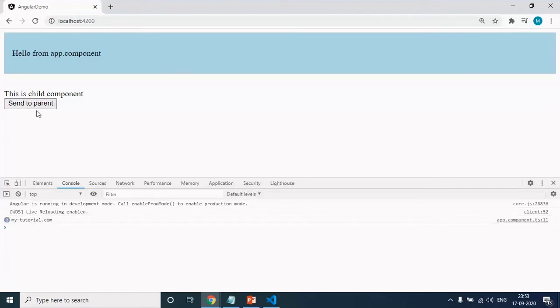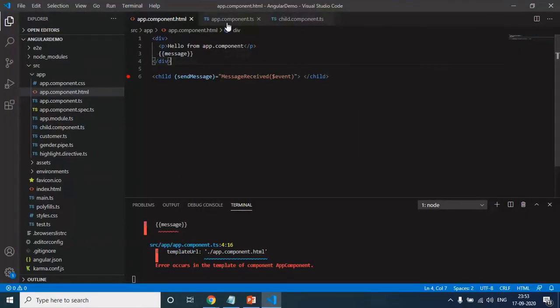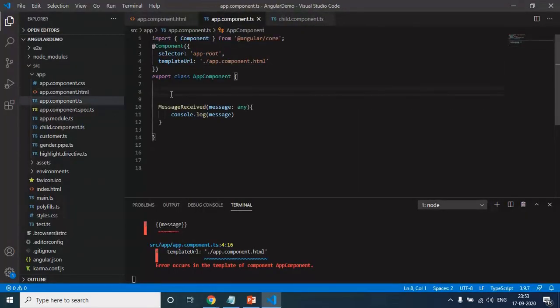Okay, now when you click on this one, nothing is happening. But if you see, we are able to see it in the console log. So why is it not getting displayed in the HTML? Because I have not created any property. So let me create a property called msg equal to an empty value.